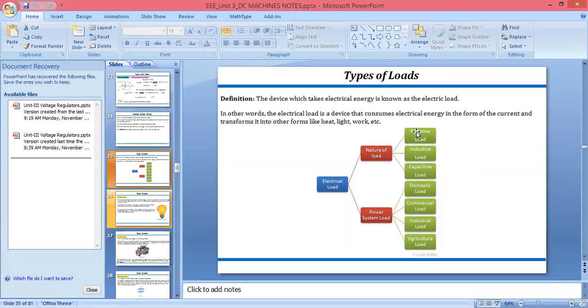If we are using the resistive load, we say that electrical load is resistive. If we are using that electrical load for the commercial purpose, we say these are commercial. I have given here some examples for each and every type of the electrical load. In resistive